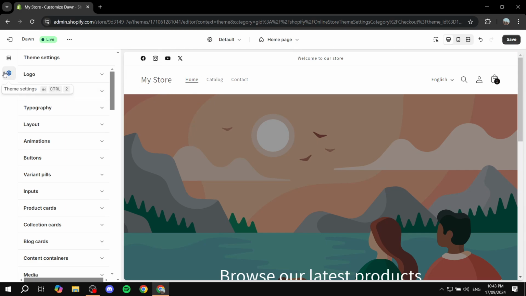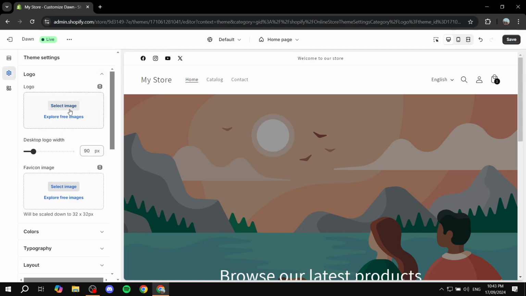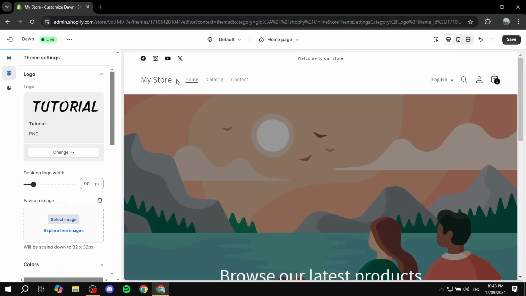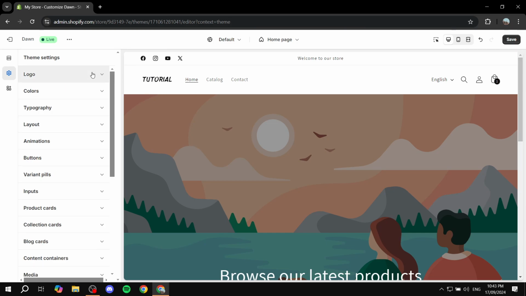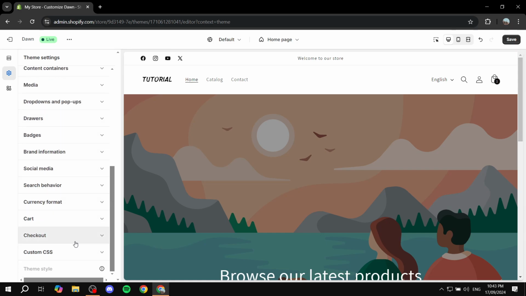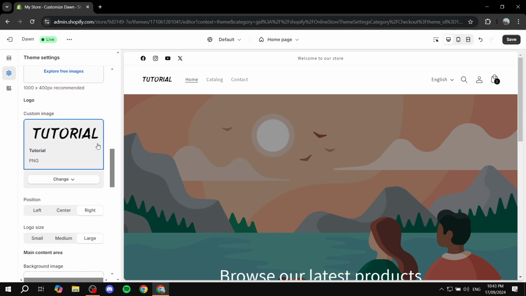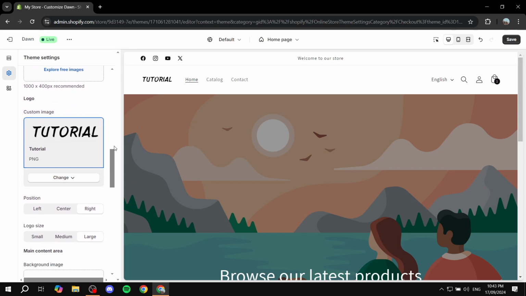For that part, you will want to go to theme settings, logo, and it would be in here where you can select image and add your image for your Shopify homepage. But this is not going to be related in any way to the checkout. For the checkout, this is the only thing that is actually going to affect it, this section right here. So this is pretty much how to add a logo to your checkout page on your